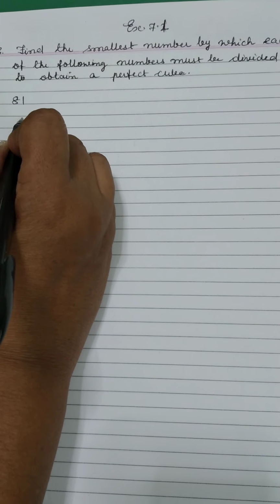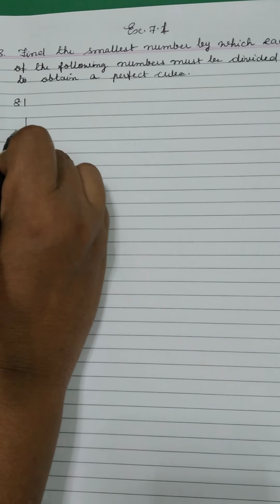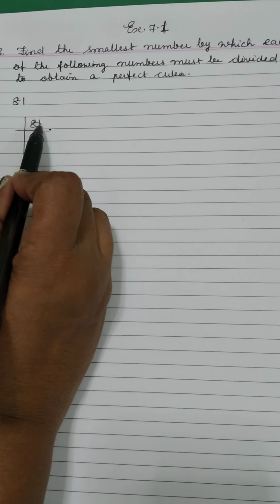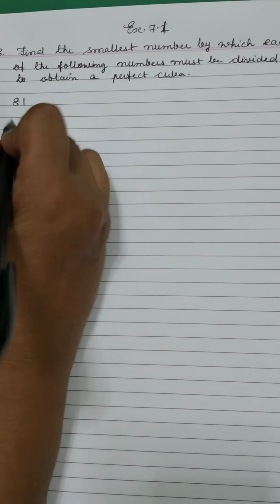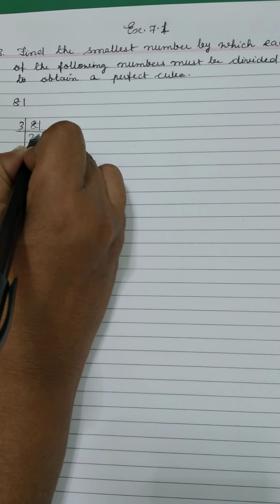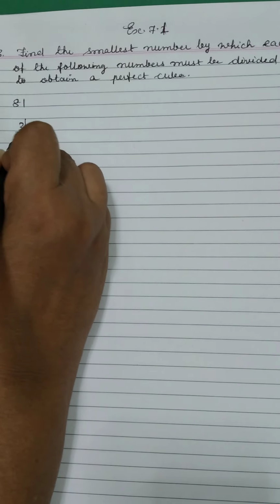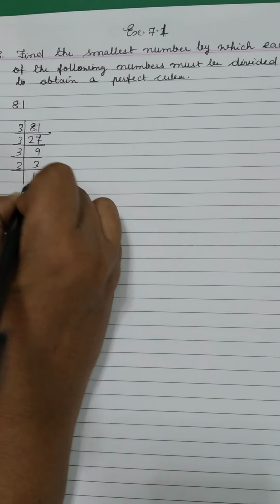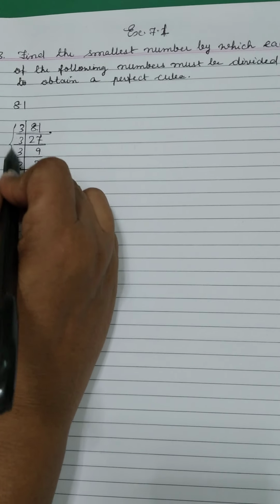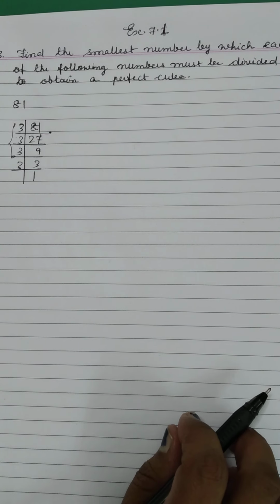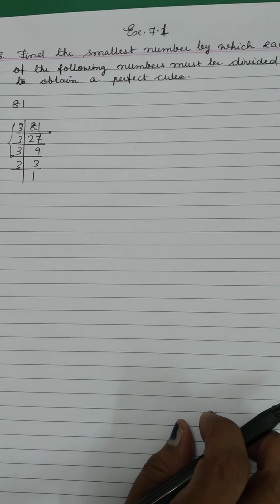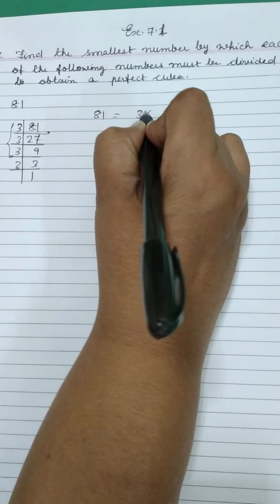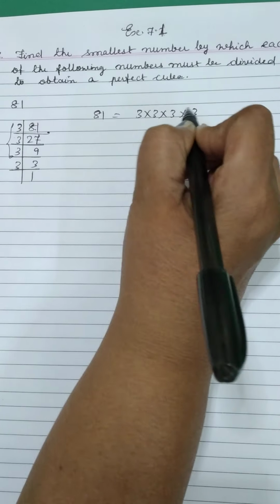वहाँ 2 का पेयर बनती थी, तो 81, unit digit 1, so not divisible by 2. 8 plus 1 is 9, so it is divisible by 3. 3 2s are 6, 3 7s are 21, again 3 9s are 27, 3 3s are 9, 3 1s are 3. Now look here, 3 is alone here, so we have to divide it by 3 both sides. So what we write: factors first, 3 three times, and here 3 one time.